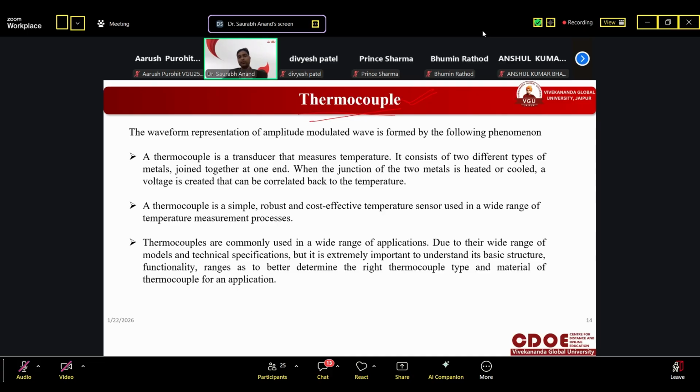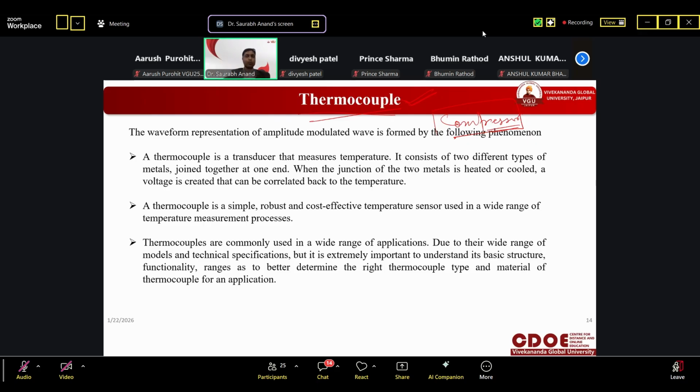Why? Because there is a compressor in the refrigerator, or in an AC also. You can experience the starting of the compressor. Sometimes it starts, sometimes it stops, right? So on which basis does it start or stop? This is the thermocouple, because if we have set the temperature at 19, and it is more than 19, the compressor will automatically be started.